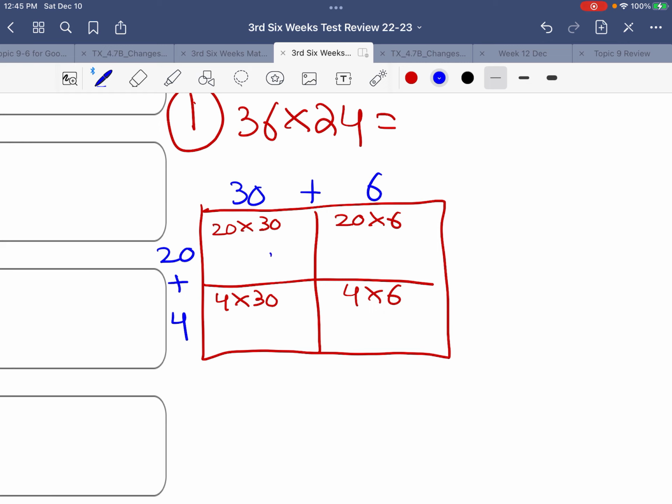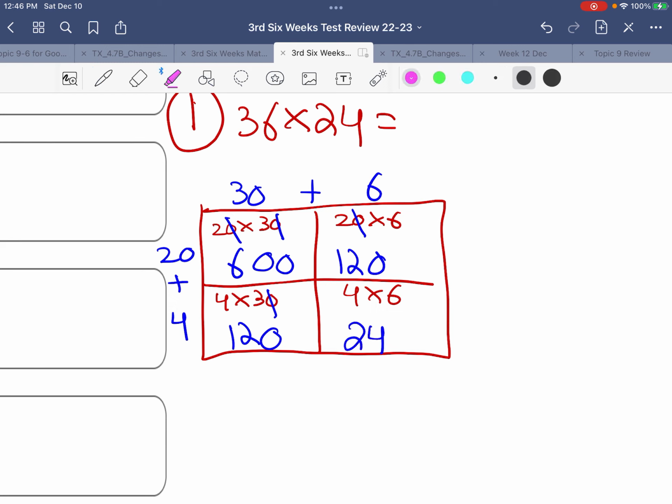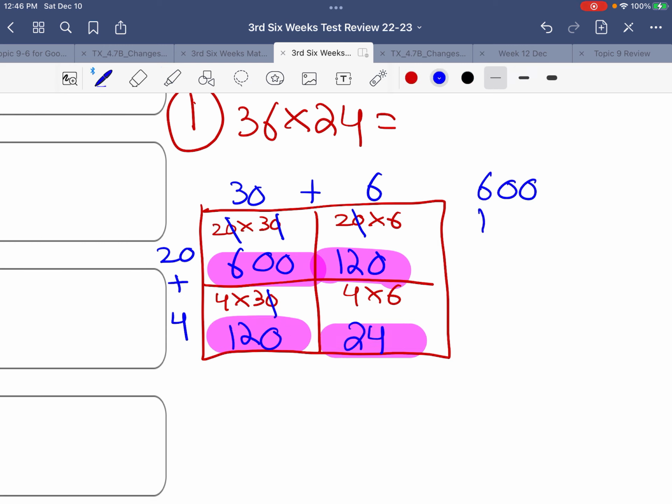So 20 times 30, drop my zeros. 2 times 3 is 6. Drop my zero. 2 times 6 is 12. Drop my zero. 4 times 3 is 12. And 4 times 6 is 24. So now I'm going to add all of my partial products. I have 600 plus 120 plus 120 again plus 24. So I add them. 0 plus 0 plus 0 plus 4 is 4. 2, 3, 4, 5, 6, 6, 7, 8. Okay, so I know there's 864 total